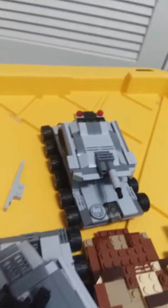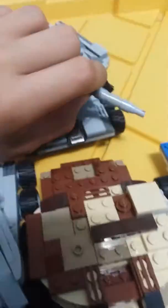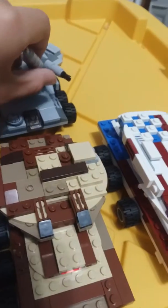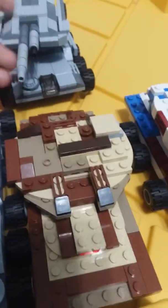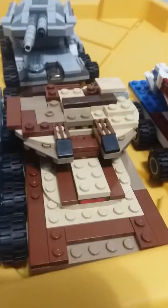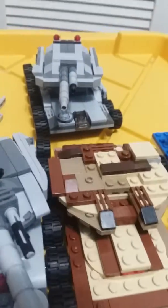The T-330 Recluse and the T-1330 Recluse. These are both the exact same named tank and stuff. And, warning if it cuts off a few seconds from now. Sorry, my phone's being a butt. These are the same tank, essentially, except for this one's Mark II and this one's version 1. So, this is Desert Force version. And it's, yeah,